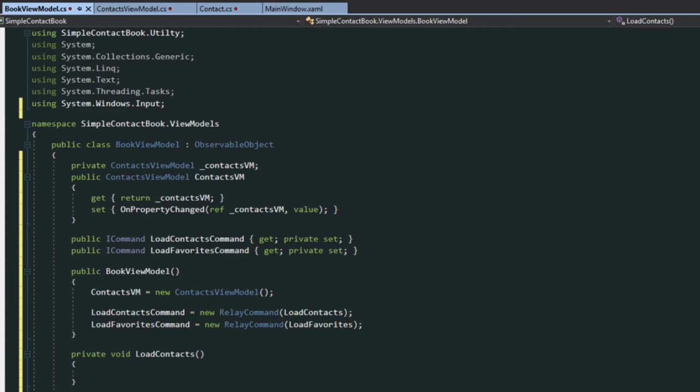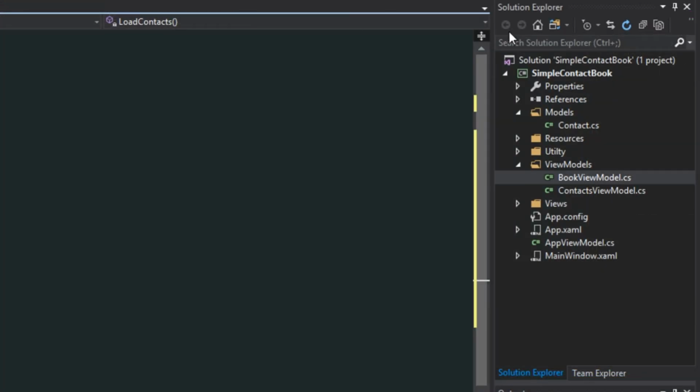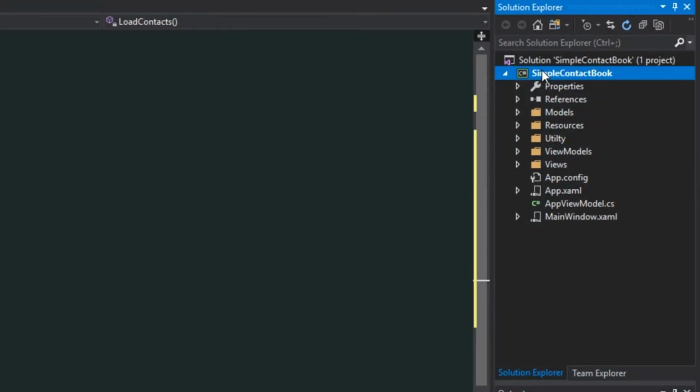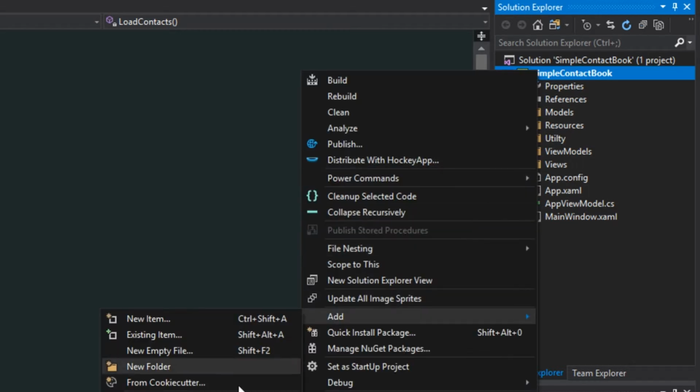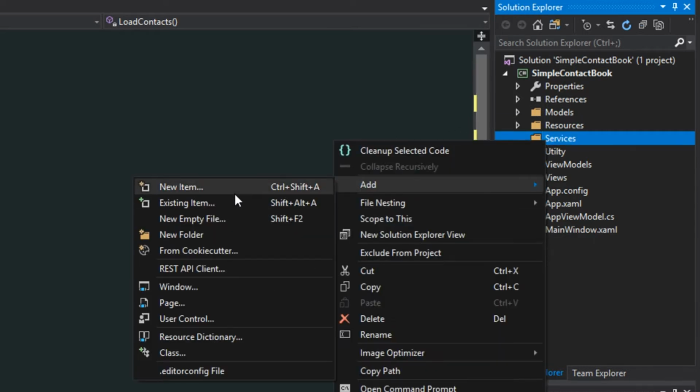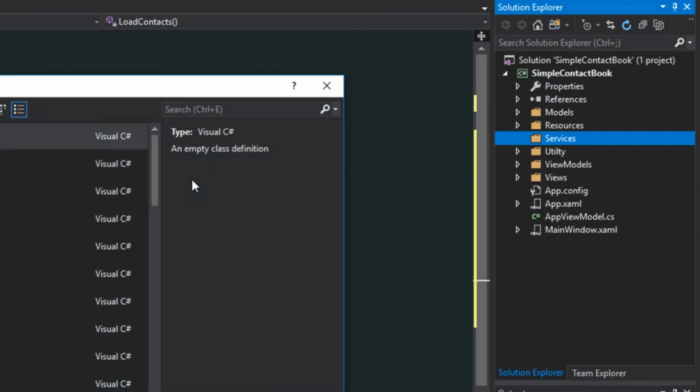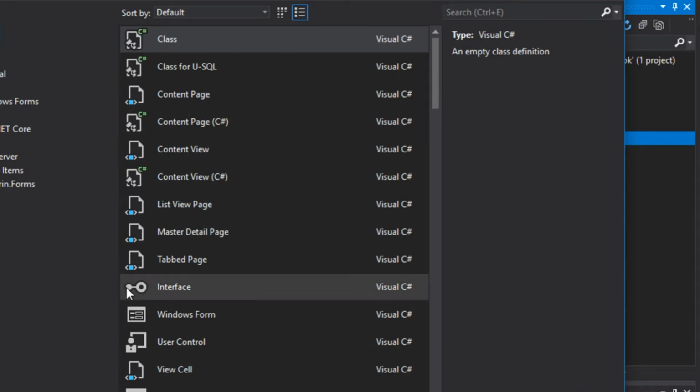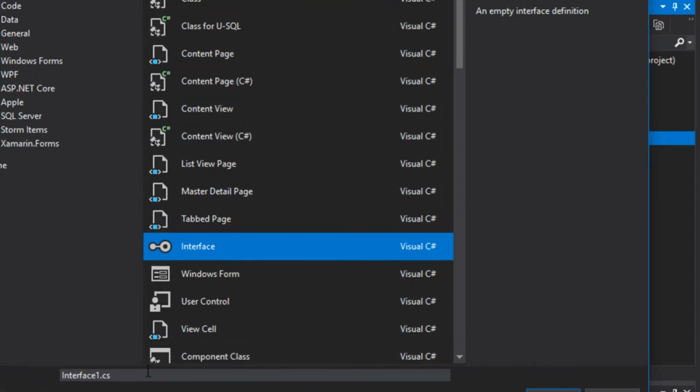So to get our data service started, we're going to go over here to our Solution Explorer, and we're going to create a new folder, and we're going to call this Services. And then we're going to add an interface, so a new item. Then we're going to find the interface, and we're going to simply name it contact